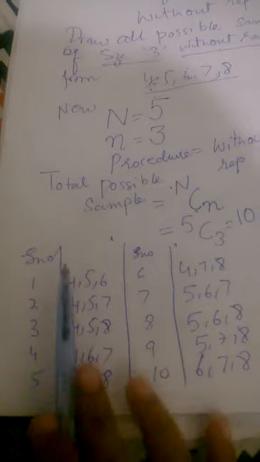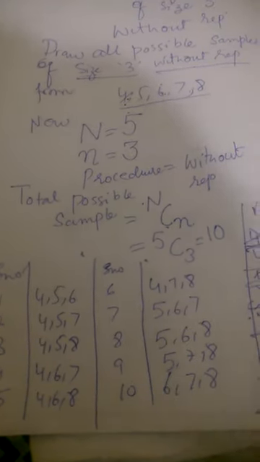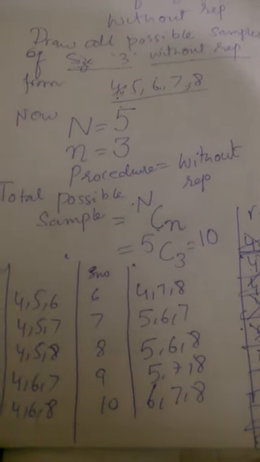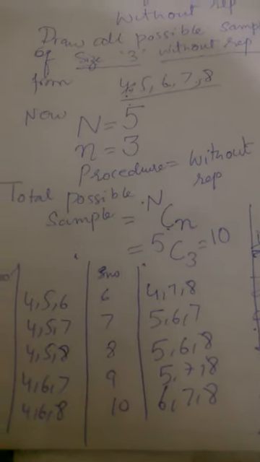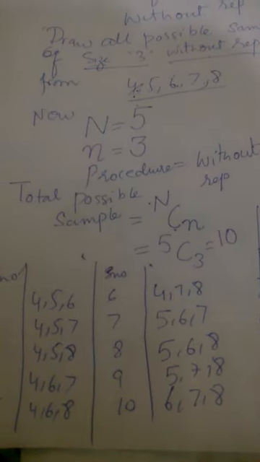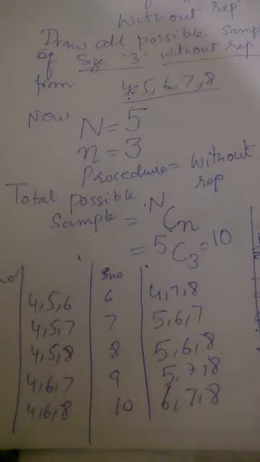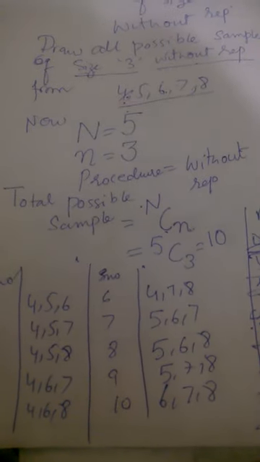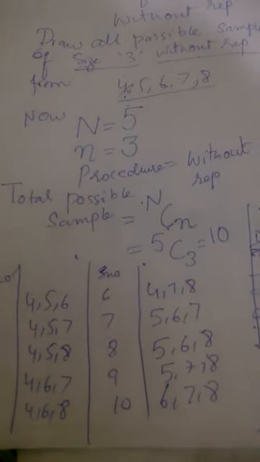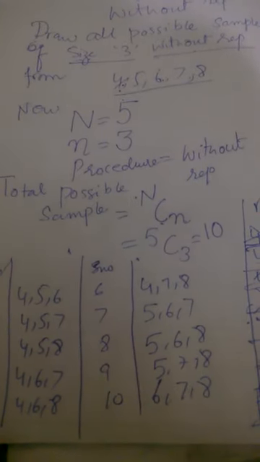So in this way you can have your 10 samples of size 3 drawn without replacement from the given population. Always remember that you will select the element after that, and the backward elements you have to keep skipping. Your car does not have a back gear. You cannot return to the elements. You have to assign the next elements to your samples.